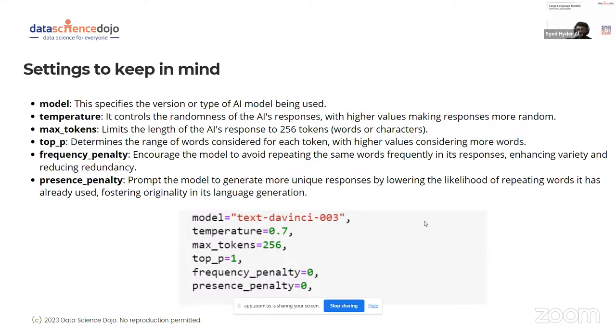If you have a higher temperature, you will see that the responses would be more random. Max tokens is the output limit of your LLM, the tokens or characters that your LLM would be responding with. And top P actually determines the range of words.